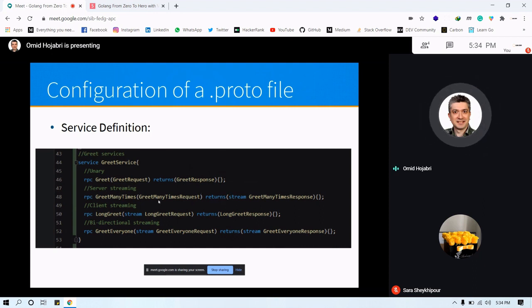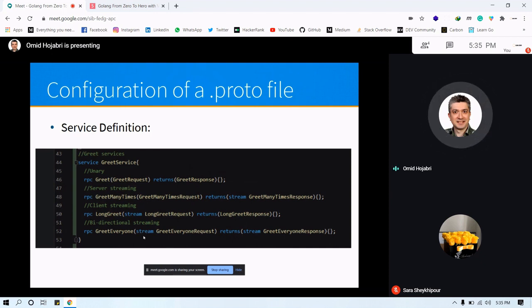As you can see here, for each service, we have a request message as input and a response message as output. For server streaming and client streaming, we specify it by the keyword stream for the server side or the client side. And when you want a bidirectional service, you specify the stream keyword in both the input and output